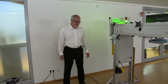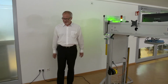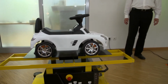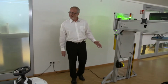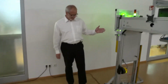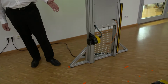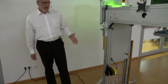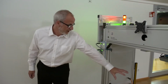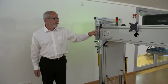So, yeah, I did my movement. Here we are. We have our mobile platform with this nice car on top, just a small one, so you can get an impression how it's working. And it does honk, and it stops honking. That is good. We have here our Safe Portal solution with the two vertical scanners. We use Microscan 3 here, and you cannot see the safety field, but when you look at the green lamp, and I will just infringe this area with my hand, you can see that I will be detected, and then of course I need a